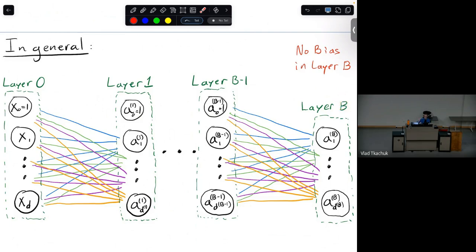One thing to notice that we've seen in the past example is that the last layer does not have a bias term. This should make sense because the last layer is not multiplying anything. There are no weights multiplying it or anything after. And the last layer can have multiple outputs. You can output as many things as you want. You can think of this as maybe predicting the probability of a cat, a dog, an elephant, a lion, and so on. And we've seen this in the multi-class classification case.